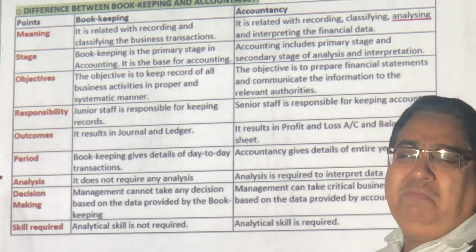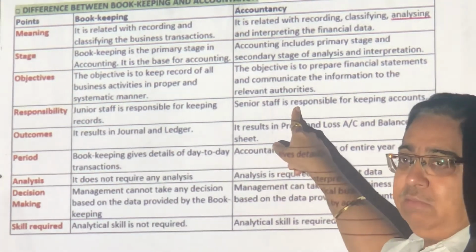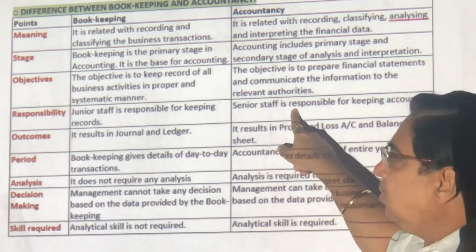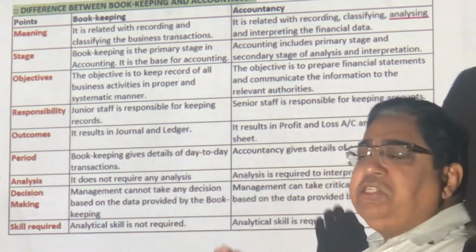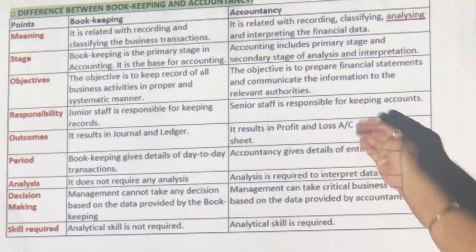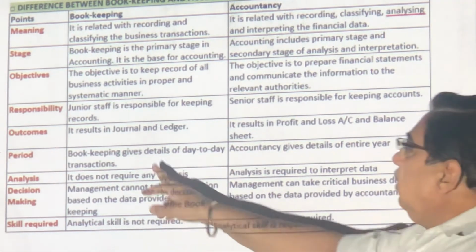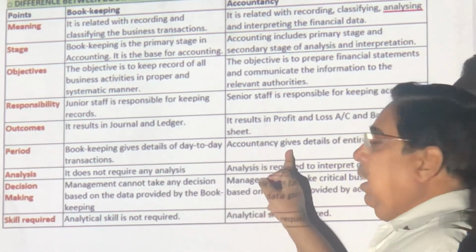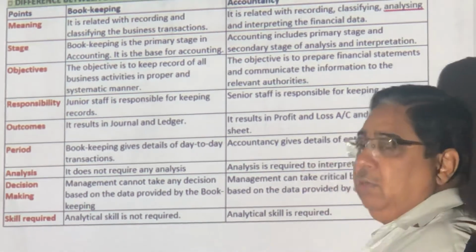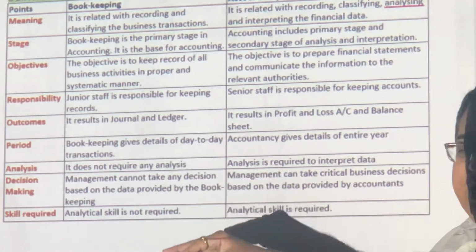Lowest level accountants, bookkeeping people are kept. Here, vice president, manager will talk. Here, there is a journal and a ledger. Here, profit and loss, balance sheet, made from those books. Here, day to day. Sorry, I talk for 6 months, 1 year. Okay? No analysis, just figures are written and total.